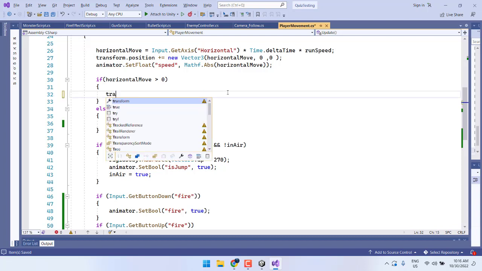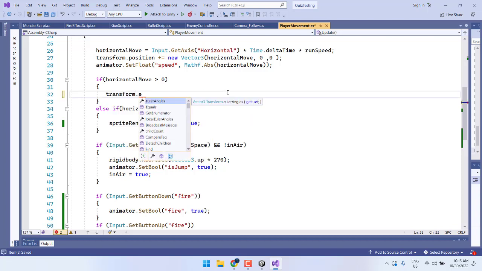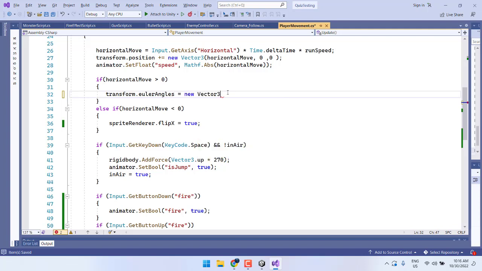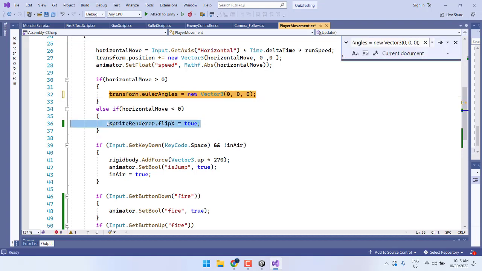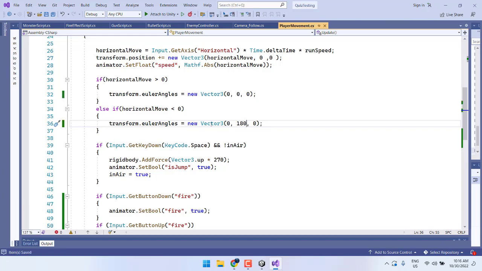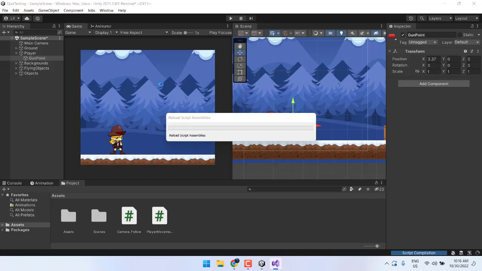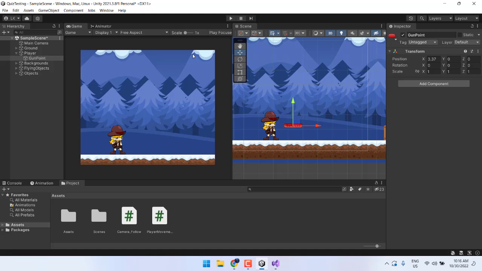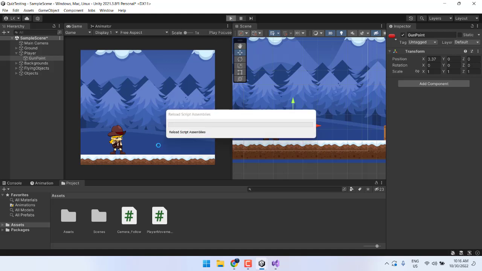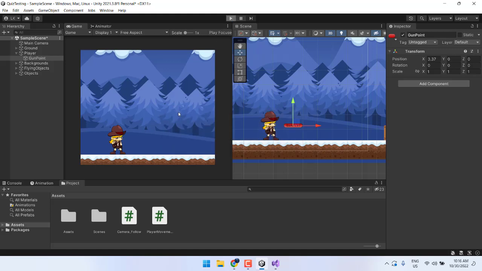So let me change this. Transform dot Euler angle is equal to new Vector3 0, 0, 0, and I want to flip the whole thing on the y axis, with 0 0 rotation, and for this I want to just flip it around 180. And now if I run the game, you will see I got my gun with my player. This is not actually the gun, this is a gun point, and whenever I fire, I will just get the point of this